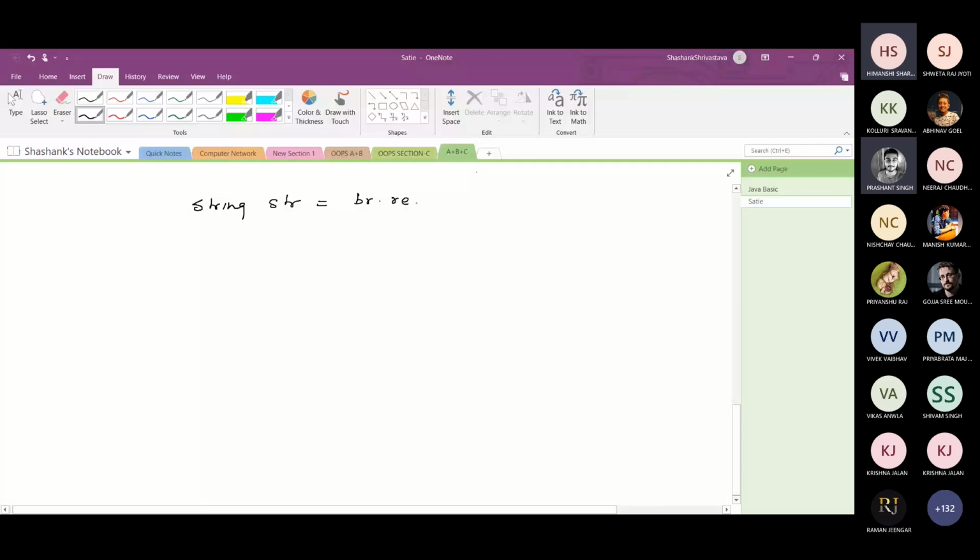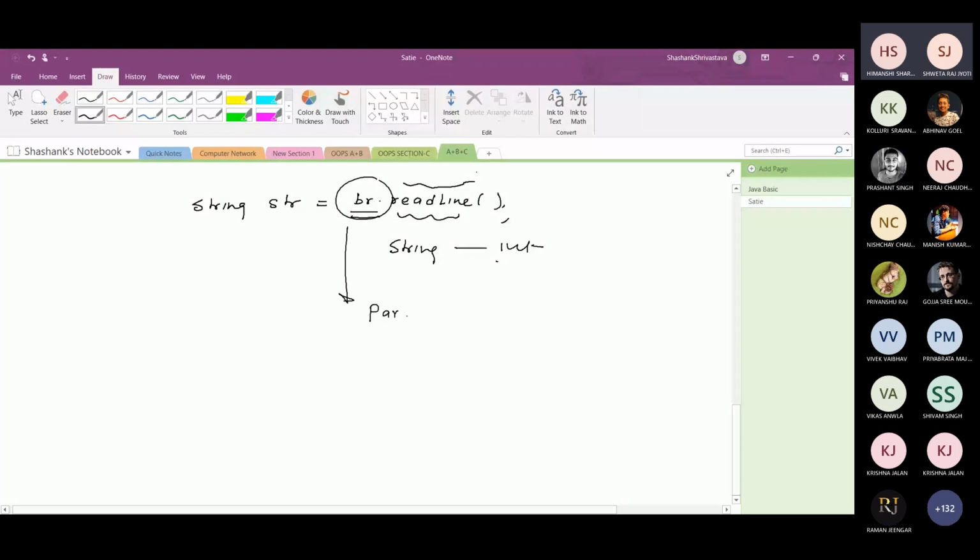What is br? br is the reference variable of type BufferedReader. And now this is a string, but actually this is an integer value. Basically in the keyboard you just type the integer, but with the help of readLine that integer is in the form of a string. So how is a string converted into an integer? You need to parse the string. How can you parse the string? In order to parse the string, there are various wrapper classes. Wrapper class.